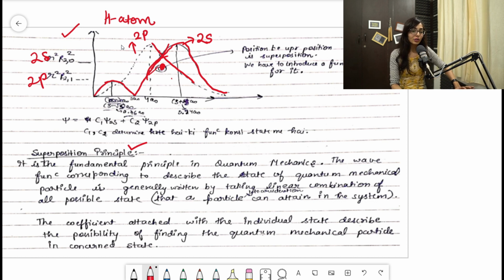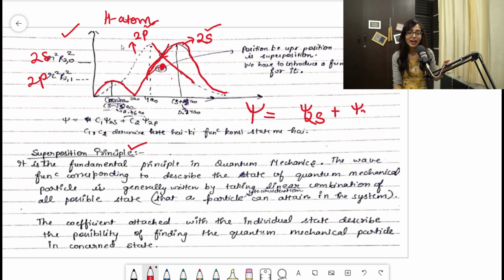What we are going to do, guys, is suppose there is some particle and I'm going to define that state by this wave function, the overall wave function. This is the wave function corresponding to this state. Clear, guys? So what I'll take now to define this state, because I don't know whether it belongs to 2s or 2p. Fine. Because can you see this point also has some contribution from 2s and also from 2p. So I'll take the linear combination of both orbitals, 2s and 2p. Clear? So guys, I'll take the wave function corresponding to 2s, and I'll take the wave function corresponding to 2p,